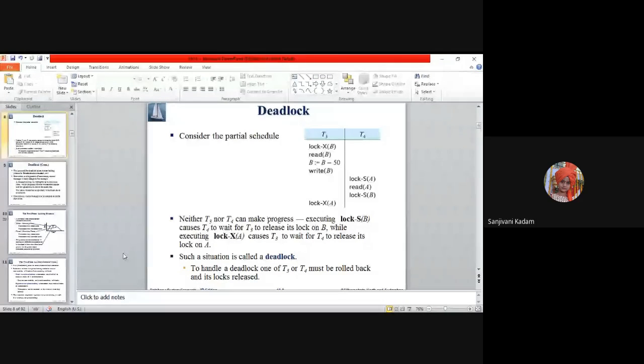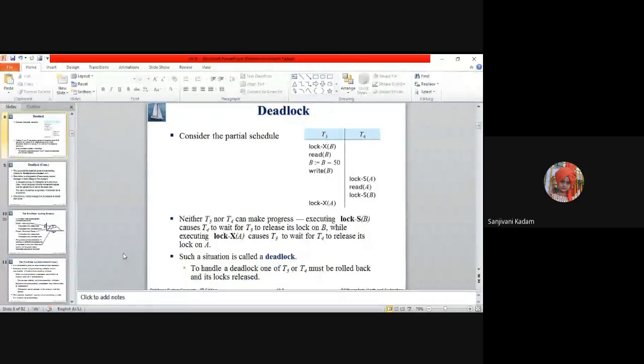For this purpose, a victim is chosen. There are various ways to decide which transaction should act as the victim: the shortest transaction, the last one to start, the last one in the circle, etc. Many ways are there, so a victim is chosen.